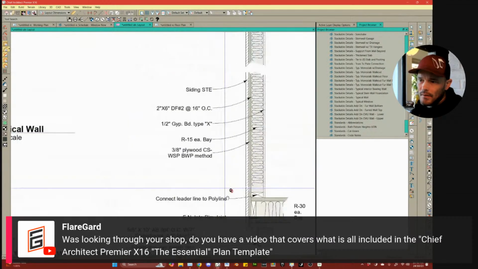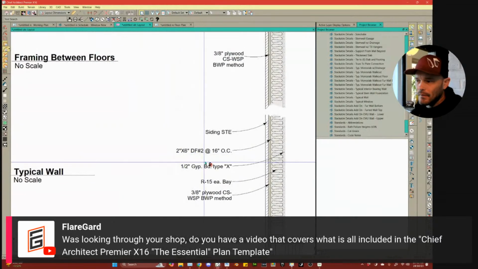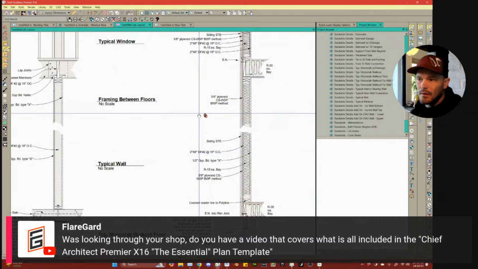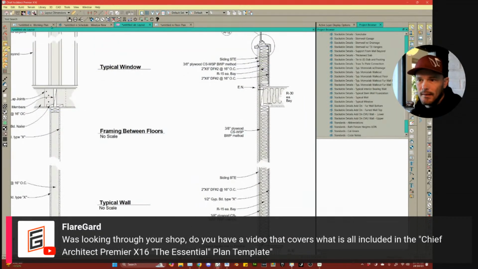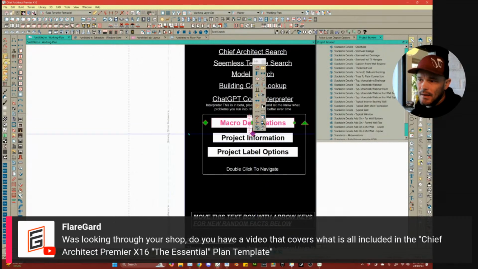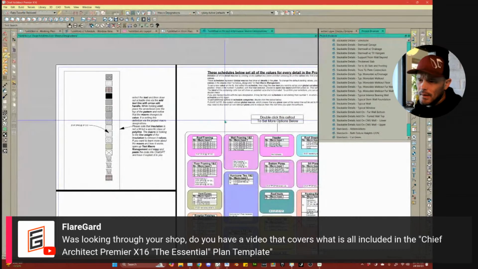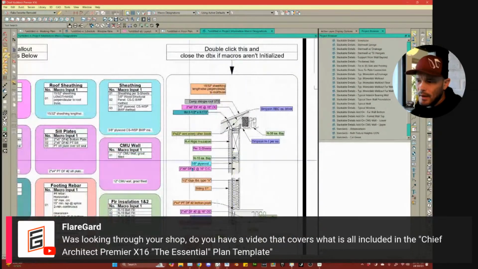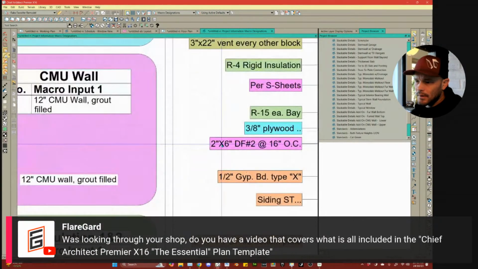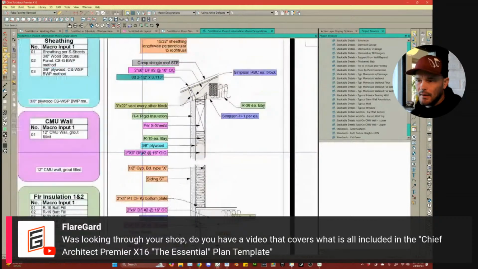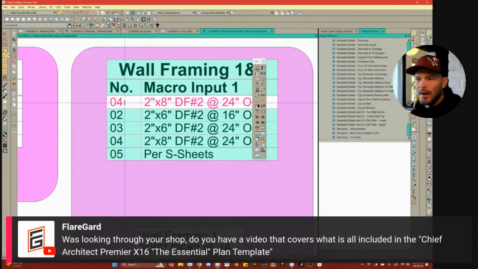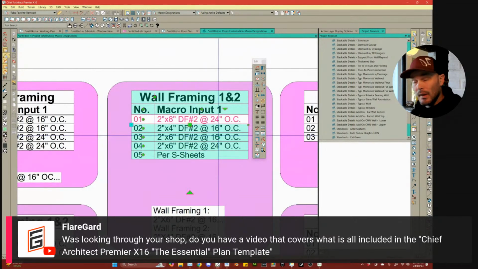What's more is that all the annotations that are here, if you've never seen this system, this is all being derived from a switching system that works across the whole plan and all of its details. So if I were to get back to my plan here and come into macro designations, double click this, what this is doing is it's building out all of my details based on some input here. So for instance, we'll notice that this says 2x6 Doug fir, and it's pointing to that framing member. So if we get into that wall framing, maybe I want to switch this. I'm going to move 2x8 Doug fir up as an option,